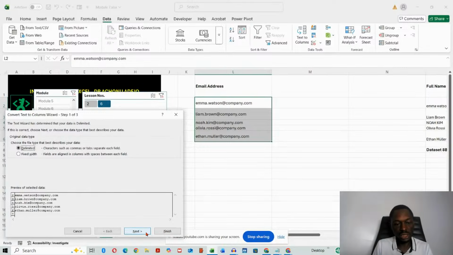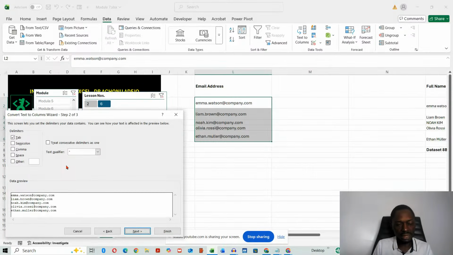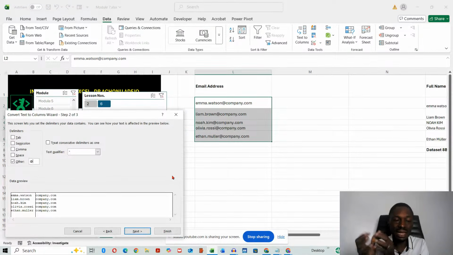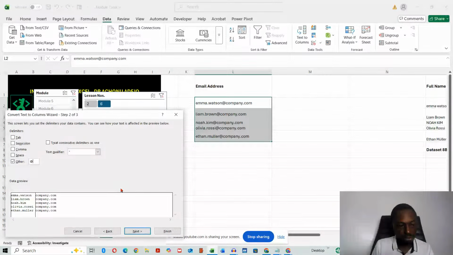So we're going to use the delimiter, and I go to Next. I'm going to use the @, so I select Other and type @ there. Excel is going to look for the @ and use it to separate the contents into columns. You can already see the preview: it separates the username from the